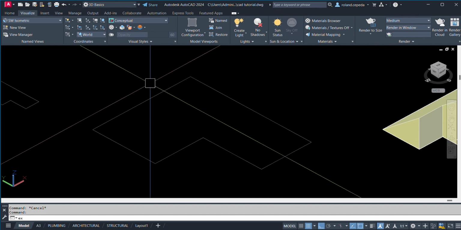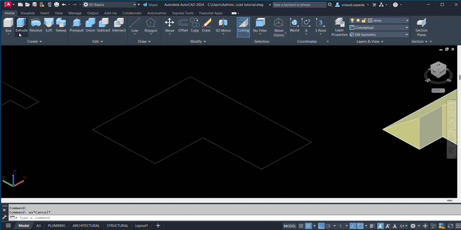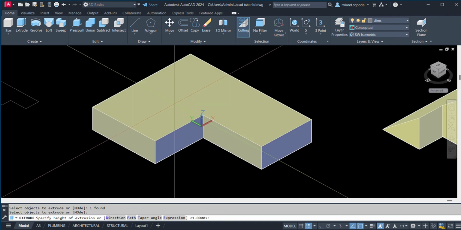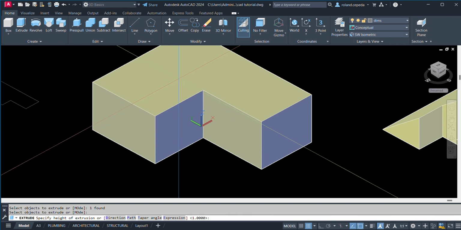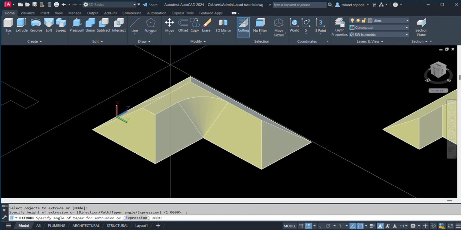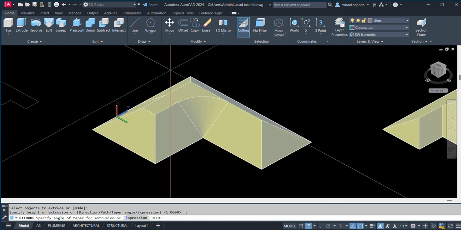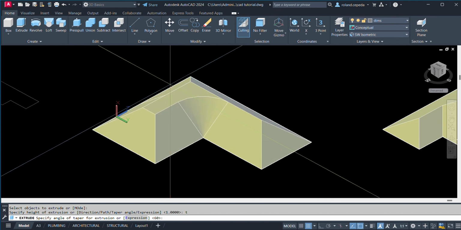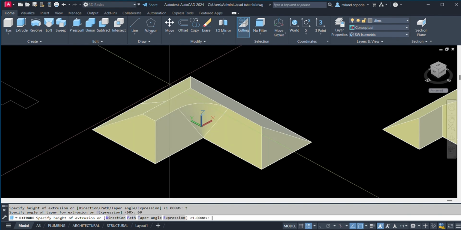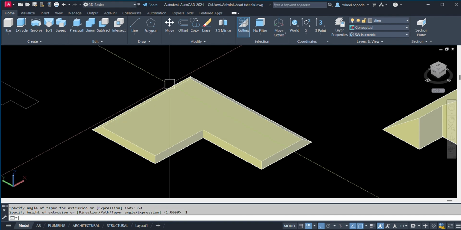Just type EXT, or at the home tab you have there create, extrude, select the object, the 2D object, and then the space bar, and then type T for taper, and then let's just input a 60 angle for the taper angle, then let's enter, and then let us input just 1 meter.